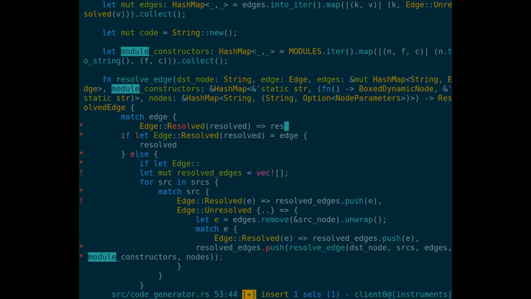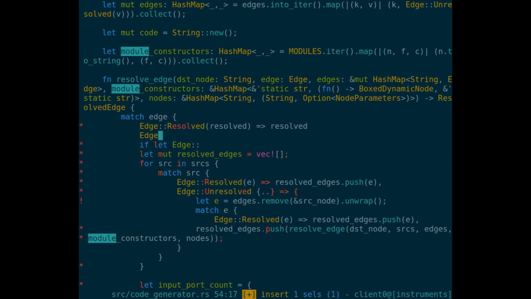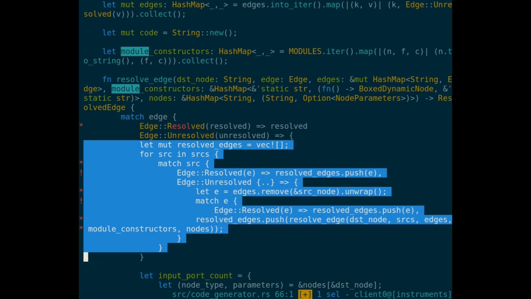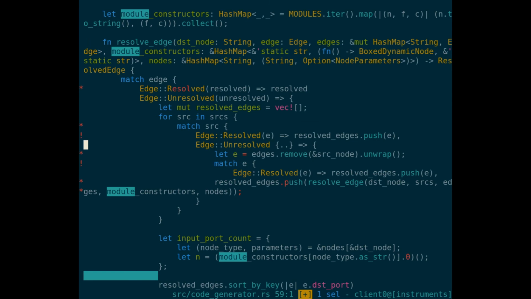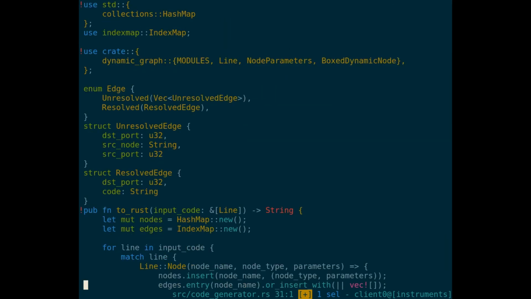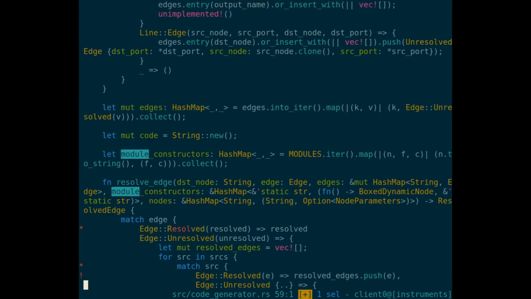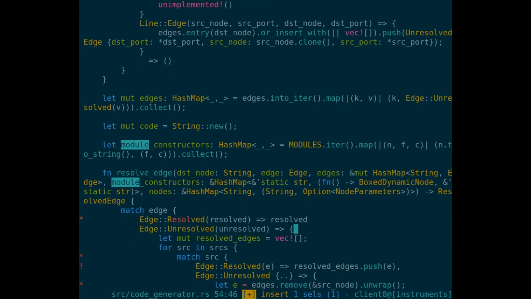And in this case, I just return resolved. Okay. Is unresolved. And then now I do stuff. Okay. Oh no. Okay. And in this world, I am okay. So now, my unresolved edge. It is not. That is not what it is. It is unresolved